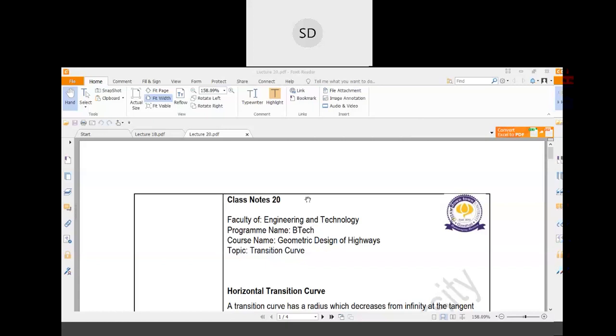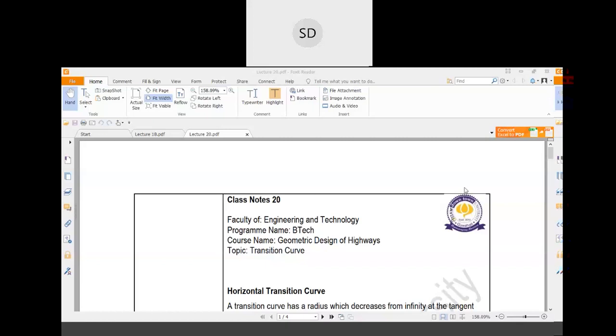Now, for the summit curve, you have designed the curve on the basis of stopping sight distance and overtaking sight distance. But for the valley curve, what happens? In the valley curve, the most important factor is the comfort condition of the driver. Therefore, you cannot design the valley curve as for the summit curve. In the valley curve, the main important thing is comfort condition because centrifugal force is acting downward.